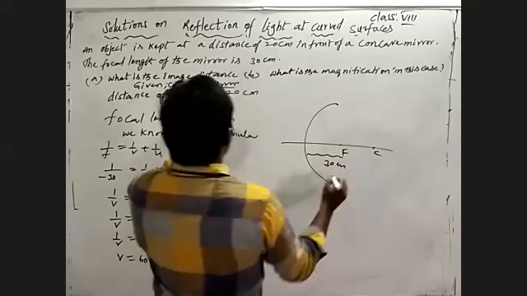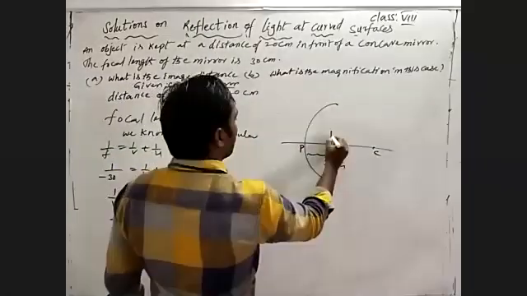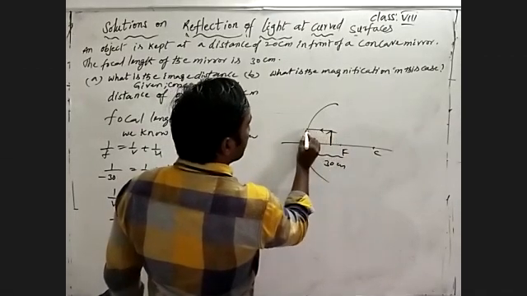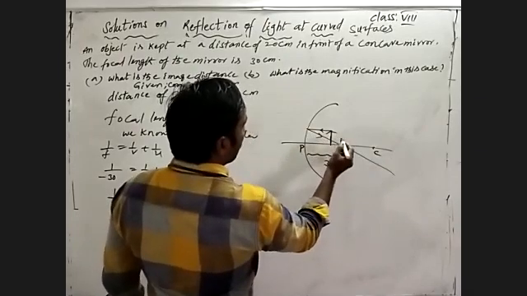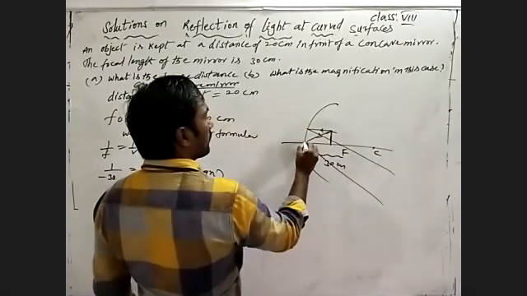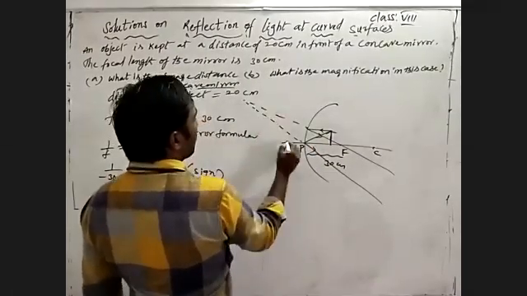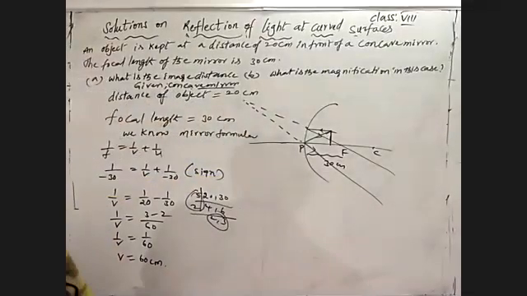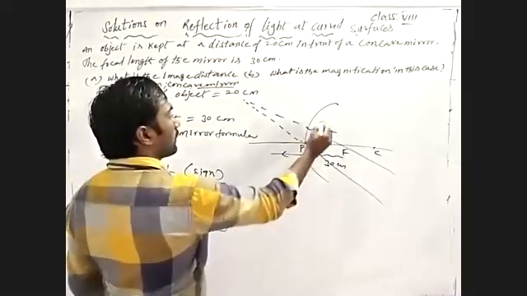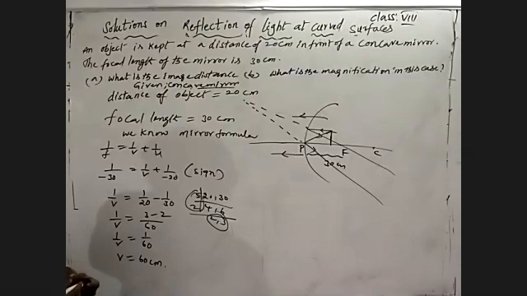30 centimeter. Object placed at 20 means it is between pole and focus. One light ray is parallel, it takes reflection through focus. Another light ray we are taking through the pole. They never meet anywhere. That's why, by extending the reflected light rays, the image forms inside the mirror. Inside the mirror means the distance we measure from the pole is in the same direction as the incident light ray. So that's why it gives a positive image distance.